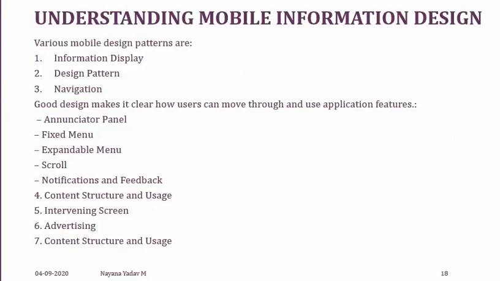Under this information display, people usually identify some signals, and based on that signal they do some action. Take an example: you go to an ATM, give some amount and try to withdraw. In that display you get a message saying collect your cash. That is the signal you get. When you get the signal, immediately we collect, or take the cash out of the machine. That is what we are telling under information display.